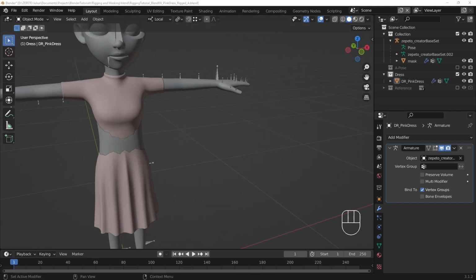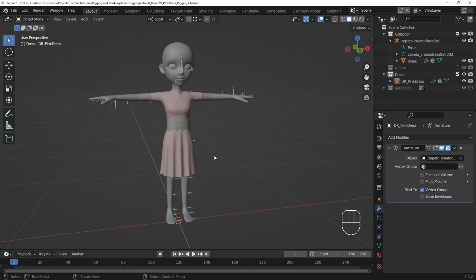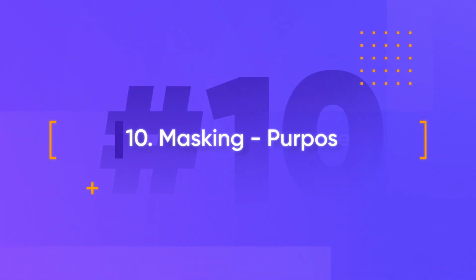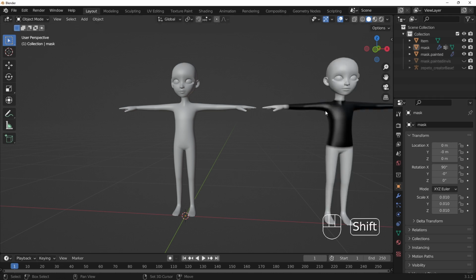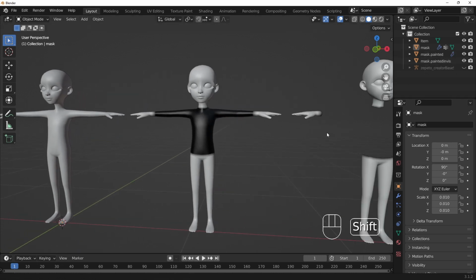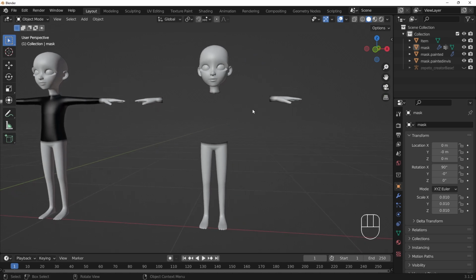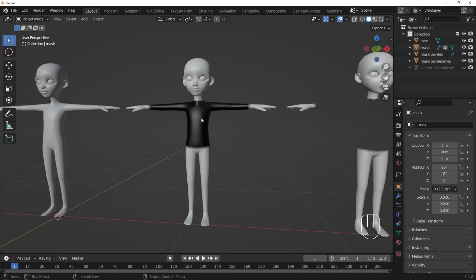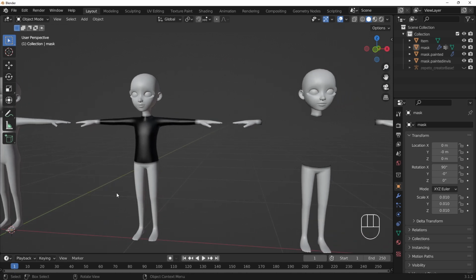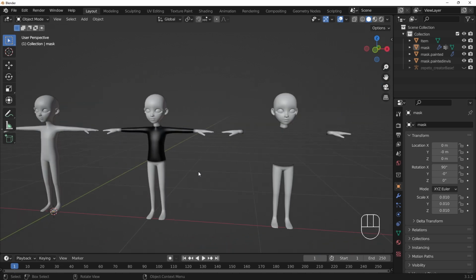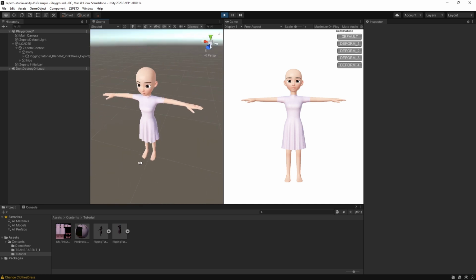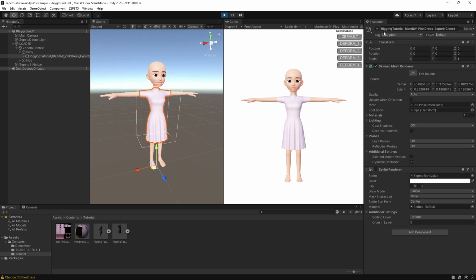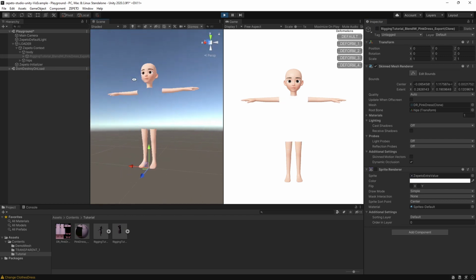With T-pose corrections completed, we've finished rigging our item and can move on to masking. Masking is a process where we take the mask object and apply black or white vertex colors on the mask object to tell Unity what parts of the base body to hide when our item is active. We'll use the vertex paint mode to paint the mask black where faces shouldn't be displayed and white where faces should be displayed. After we export the mesh and bring it into Unity, the Unity conversion process will read the black and white vertex color data and disable faces on the base skin layer of the avatar.